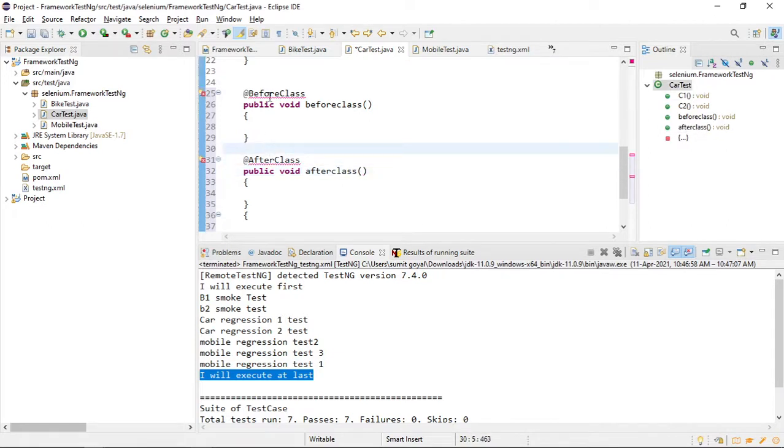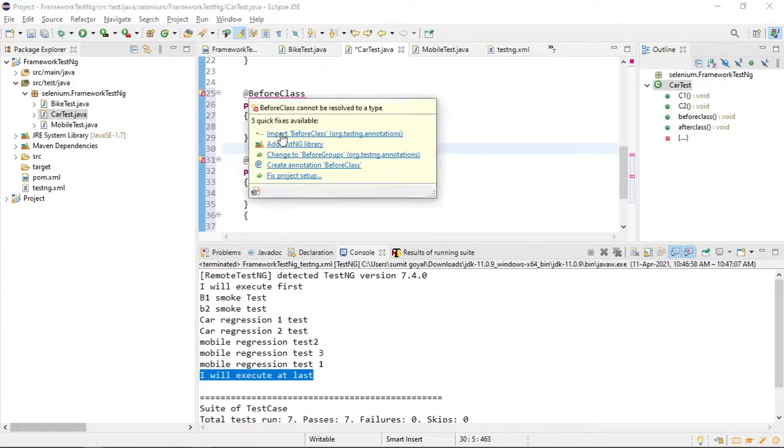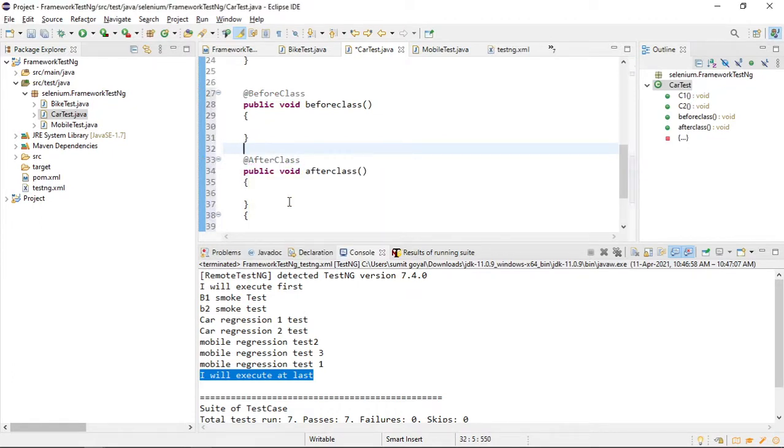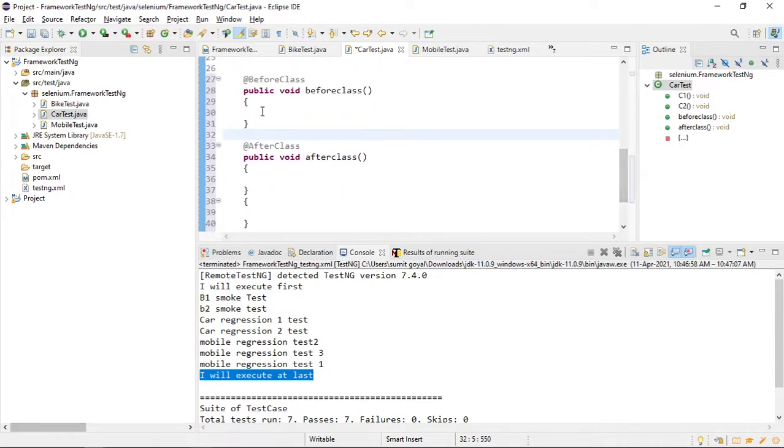Import the package. And if I print some data here,